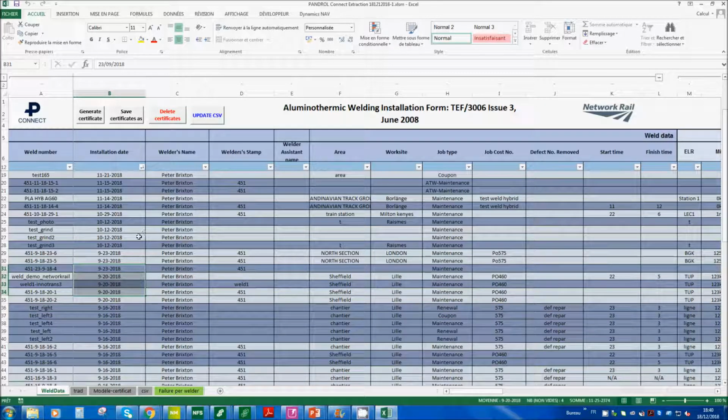Anyway, I'm going to select maybe these working sessions. Each different line and color shows a different working session. In this working session there were 2 wells, and in this session there were 2 wells as well. So I just select these 4 lines. I click on generate well certificate, and there my 2 well certificates have been generated.